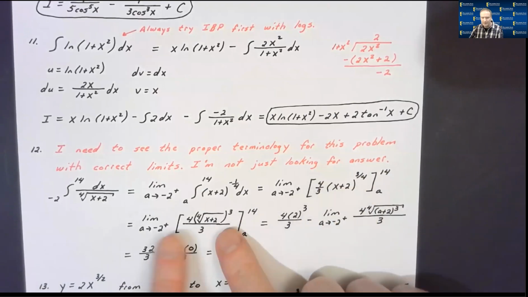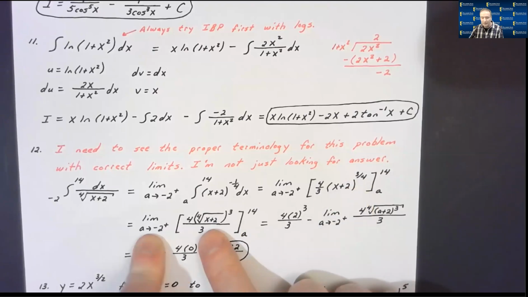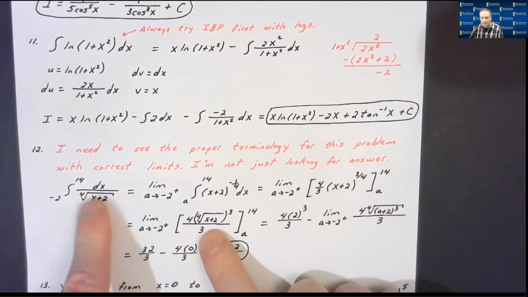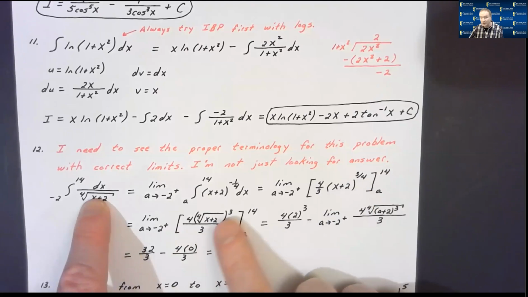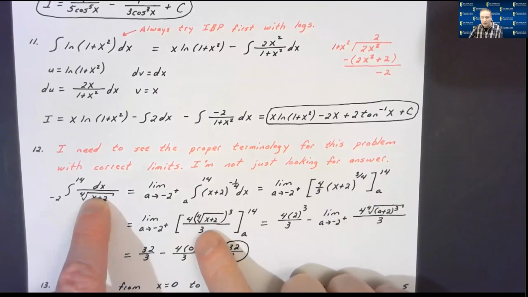From this step to this step, I really didn't do a whole lot, and you wouldn't have had to have written this step. I would have been fine with this. But what I did in this step was I put it back in radical form since the original problem was in radical form. However, that would have been fine. So then I can just say,